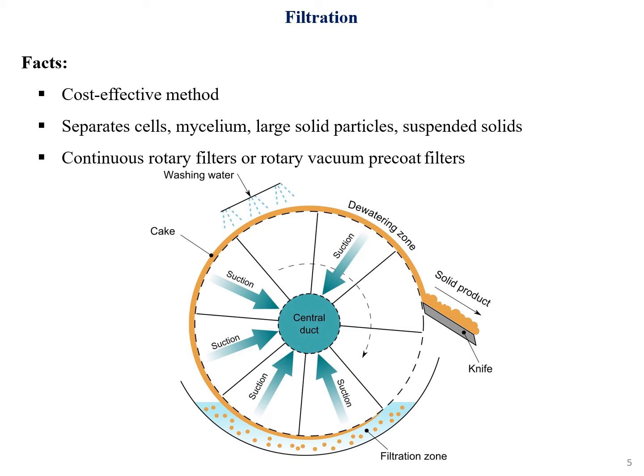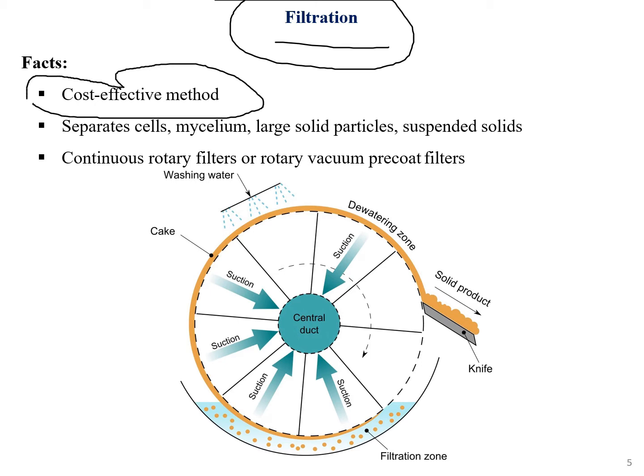Moving on, let's talk about the first process which we discussed right now, which is filtration. Filtration is the cost effective method, the simplest of all the processes. As the word suggests, it filters the unwanted stuff, which gets blocked in the filter paper or whatever we are using, and filters out the rest. We have learned about filtration from our junior classes, and it is the most cost effective and cheap process.